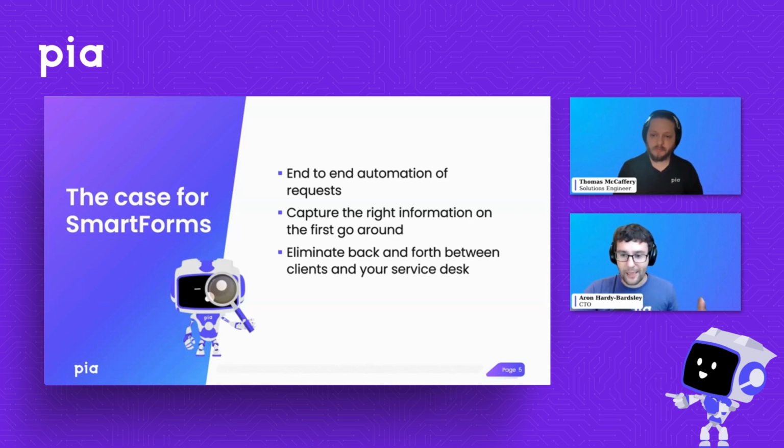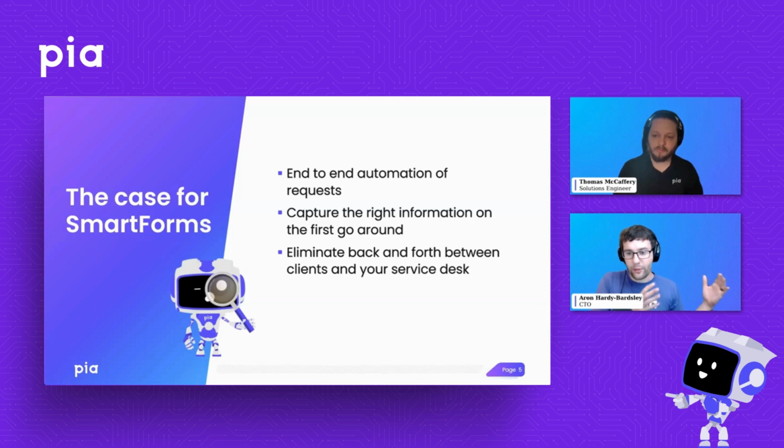But even if you do provide a template, or you're providing even a digital form to them, and let's say you have something simple like a manager box, right? If they submit that form and say Sarah is the manager, there might be 5 Sarahs in that company. Which Sarah do they mean, right? So how do we make sure that the information is captured the right way the first time around?